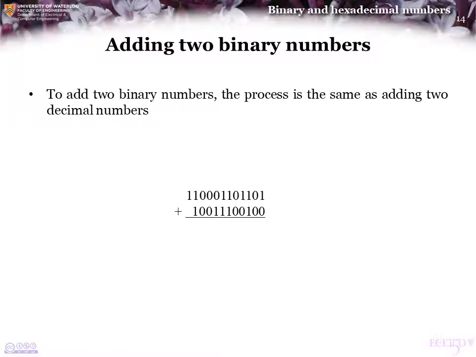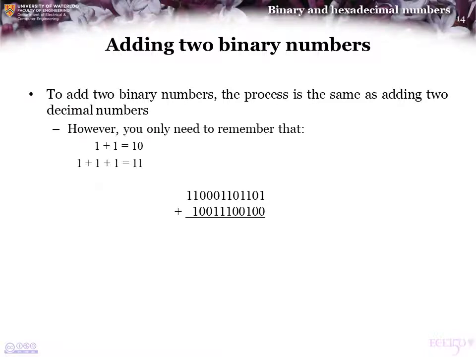Now, in adding two binary numbers, the process is the same as adding two decimal numbers. However, instead of having to know how to add 4 and 7 and 3 and 8 and 2 and 9, we only have to know how to add 1 and 0. So we only really have to remember that 1 plus 1 is equal to 1, 0, and 1 plus 1 plus 1 is equal to 1, 1. All right, easy enough. So if we were to add these two binary numbers, we start at the least significant